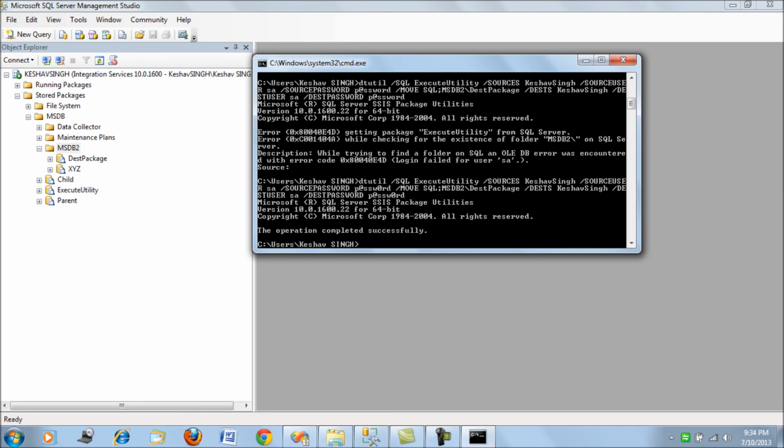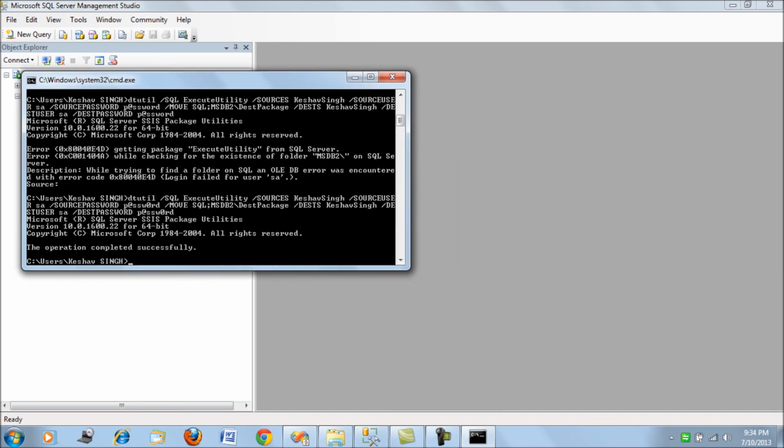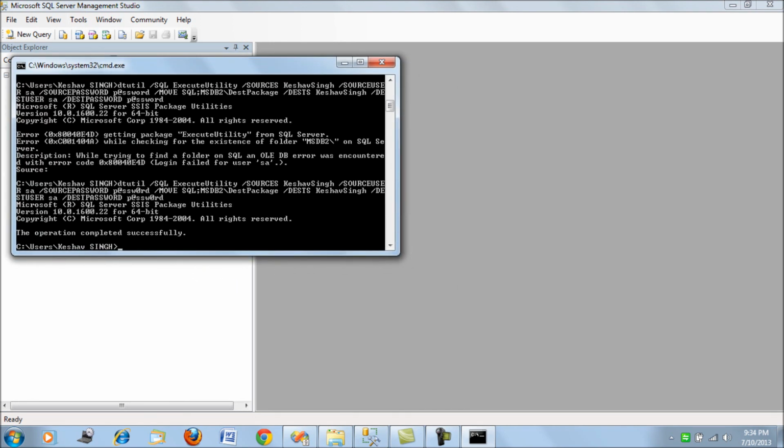So that was it, friends. The DTUtil is a command prompt utility which helps you to move around your packages from one source. It allows you to check for exists, delete, move, copy. The other is also to encrypt, but I think the next article we'll be looking at the package protection level,